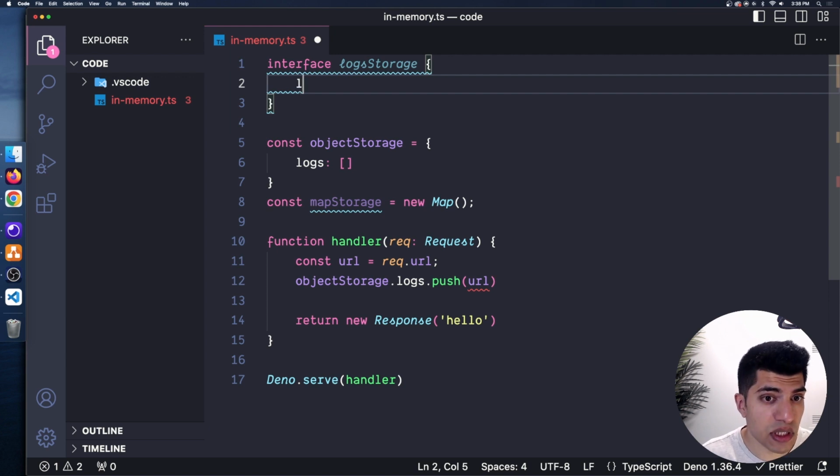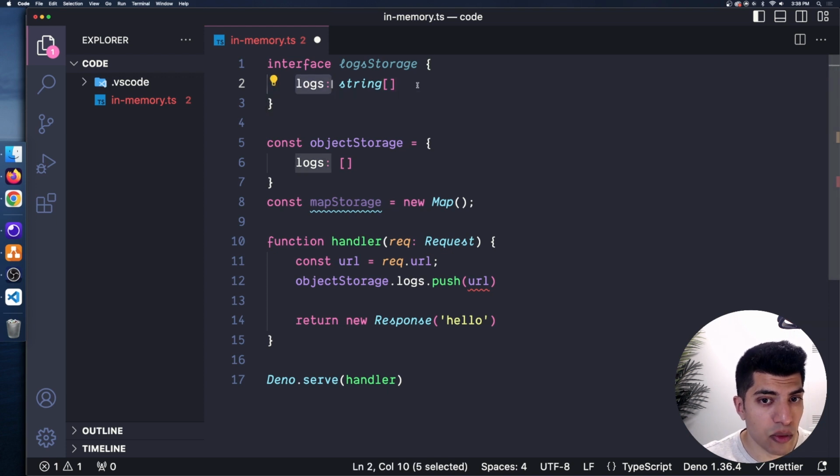In this case, I want to say that I want to have a logs key on this object, and I want that to be a string array. Okay, that's how I'd read that. I want there to be something called logs with a value that is a string array. Okay, and you can just semicolon that to end that off. So this is not an object. This is an interface that we're going to tell TypeScript